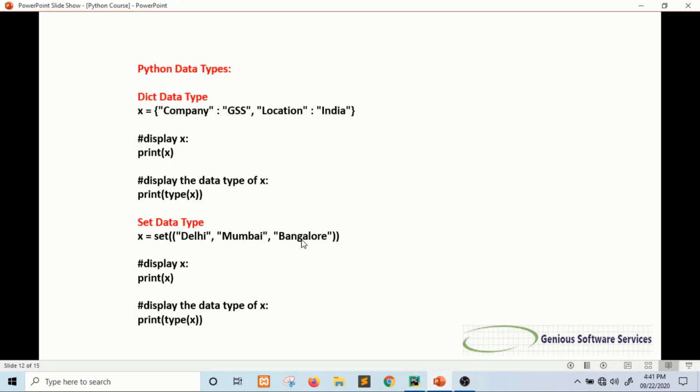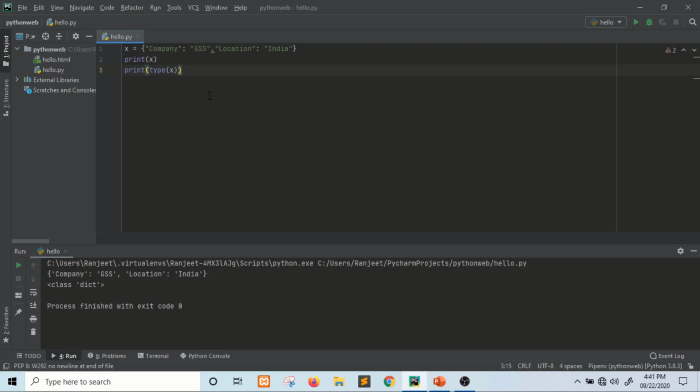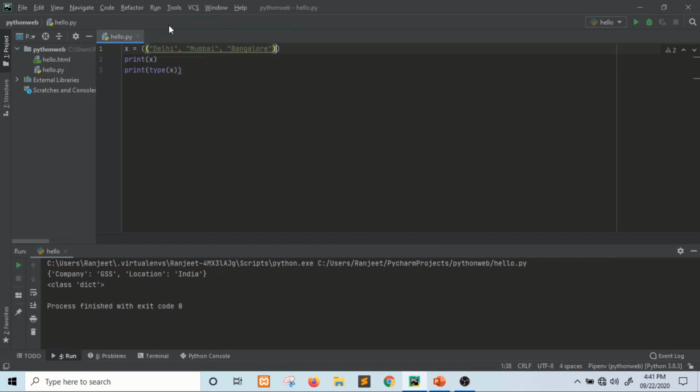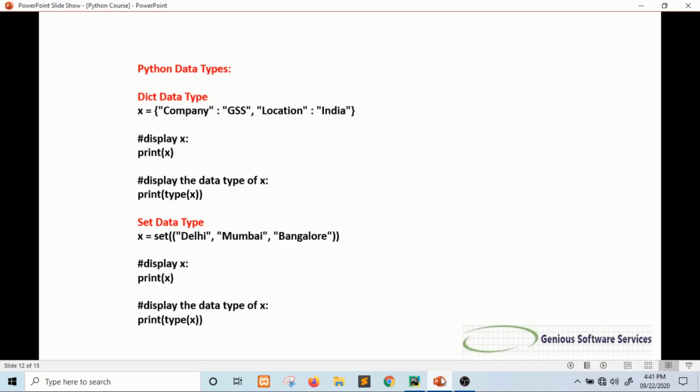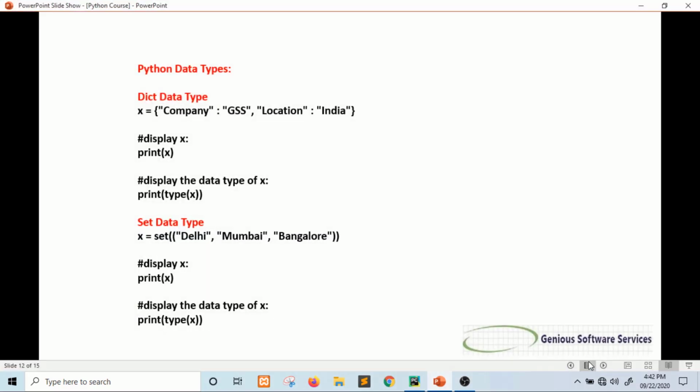Next one, set data type. For set data type, you will simply use these curly braces. It is showing tuple.